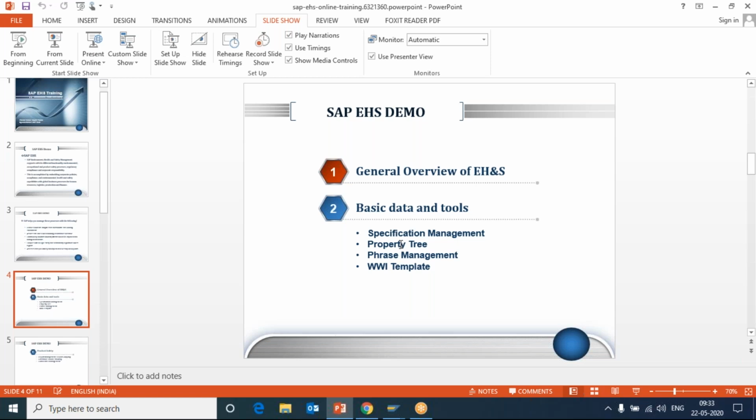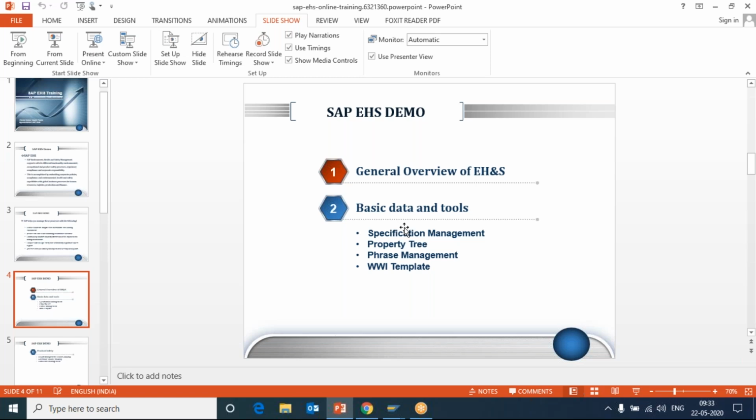So any data wherein the changes do not happen very frequently is known as master data, and you maintain such data under the basic data and tools section, be it related to your incidents or reporting system, or in terms of specification, we'll come to that. And reports.